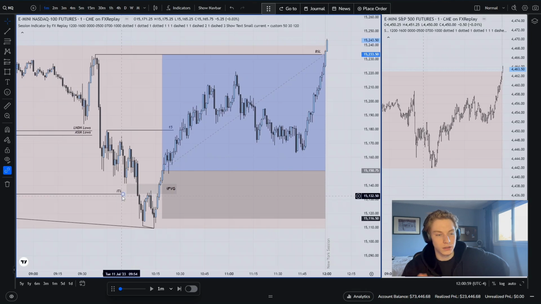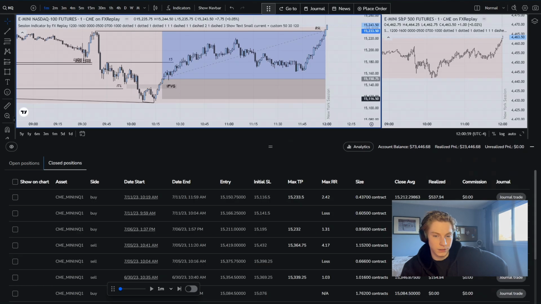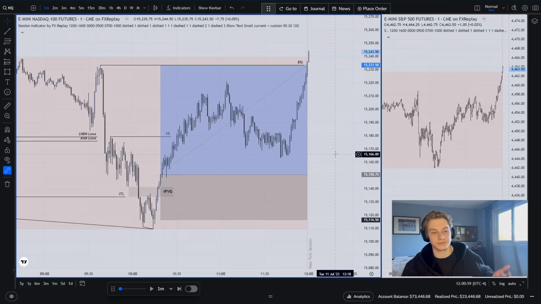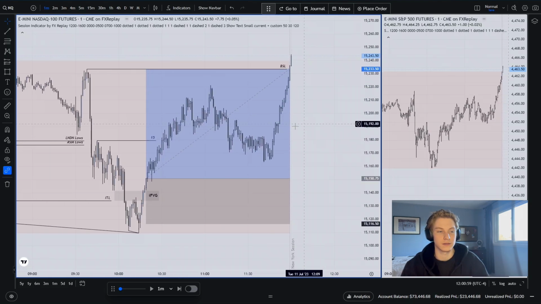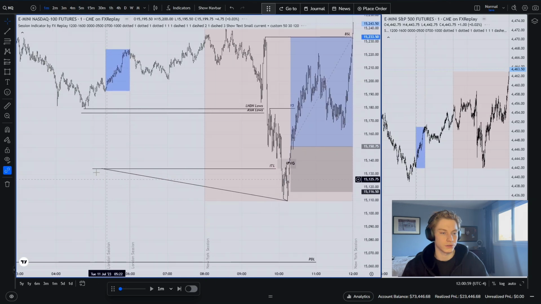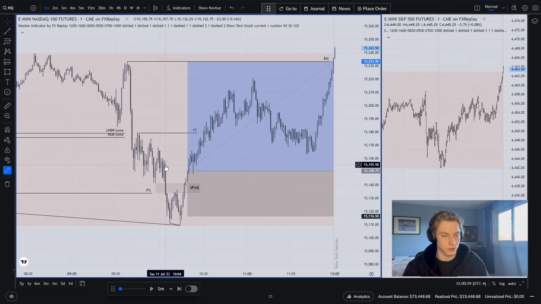Looking back on it, I should have waited for the internal low. That thought definitely went through my head, but the re-entry was completely fine, and I believe we ended up coming out on top by 200-ish bucks there. So, beautiful trade, right? Perfect smart money reversal, double SMT, internal low. We were respecting the 15 to 30. Need the range to be rebalanced, and at this point, it's a 10 a.m. open low, high close,